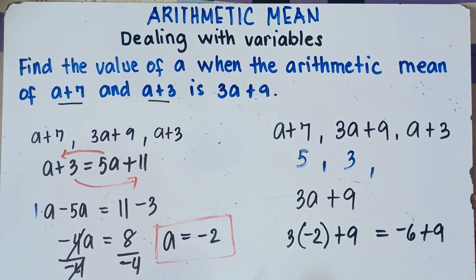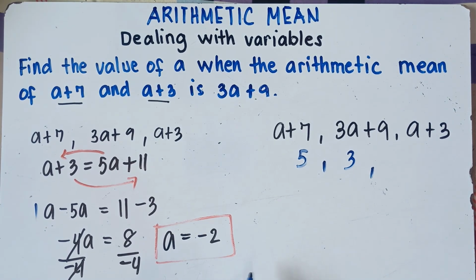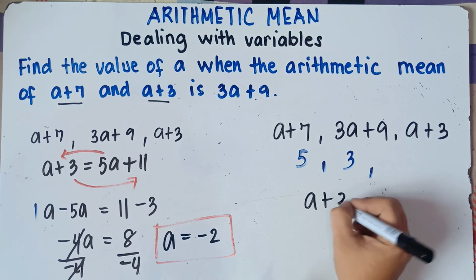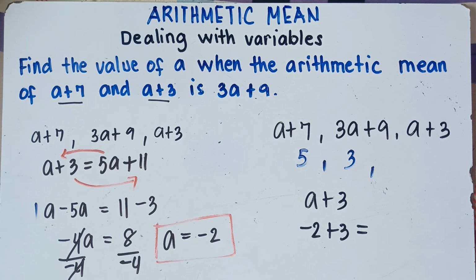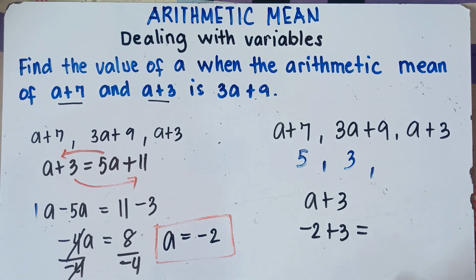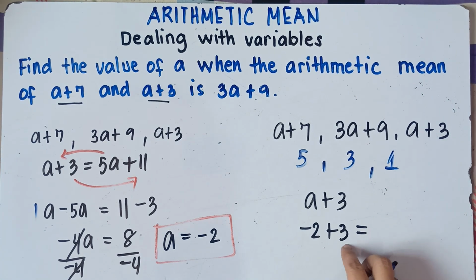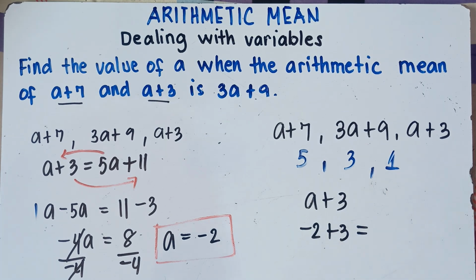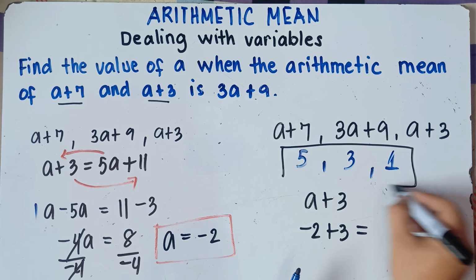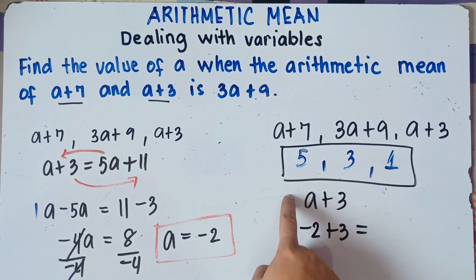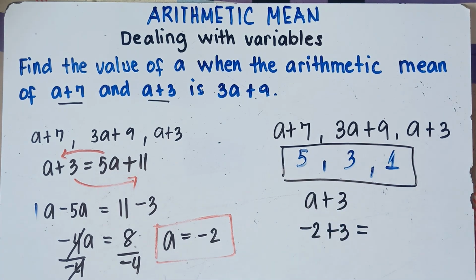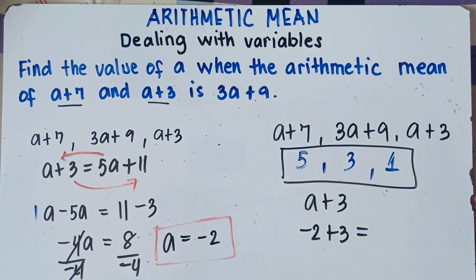And the last number, alright, so we have A plus 3. Our A is negative 2. Negative 2 plus 3. Once again, unlike sign, subtract, then copy the sign of the larger number. So 3 minus 2 is 1, and then 3 is greater than 2, we have positive 1. So these are the following numbers, class, in this given equation when we substitute the value of A. That would be 5, 3, and 1. Alright, and our answer, class, for A is negative 2. That's it, class. All set for this given equation.